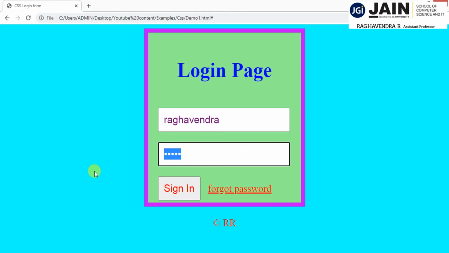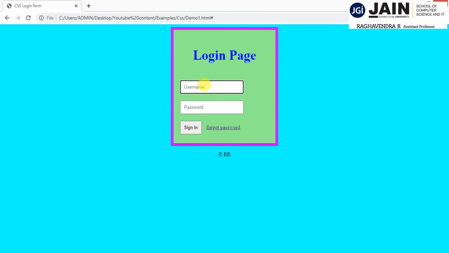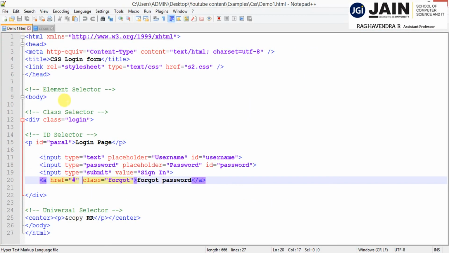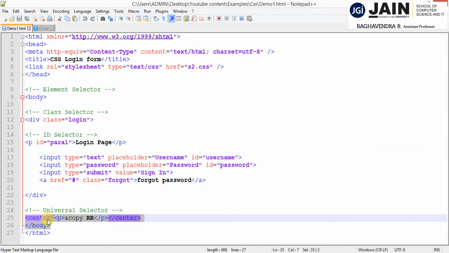Again I'll go to the page and refresh it, so it comes back as it was, in the purple color, and the rest in black, and here also black. So this is how to use the CSS selectors in the HTML file. I am using the element selector, class selector, ID selector, and universal selector. Using these respective selectors in our CSS, we can give different style properties to our web pages. So we can enrich the visibility of my web page to the user, to make it user friendly as well as to give a better experience.